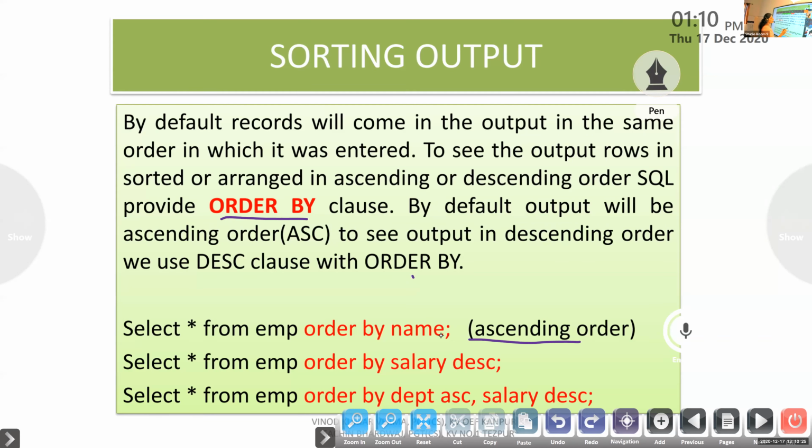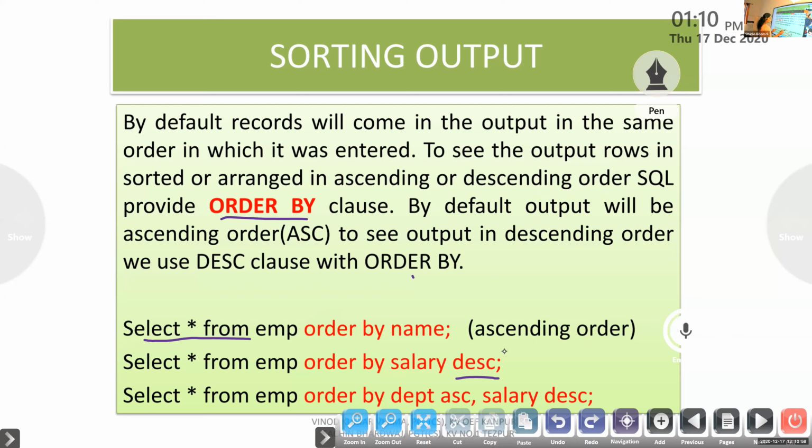If you want, you can write a where condition. That is up to you. Clear? So automatically it will be ascending order if you haven't specified anything. If you want to do it in descending order, then you need to write another keyword: select star from EMP order by salary DESC, where DESC stands for descending.